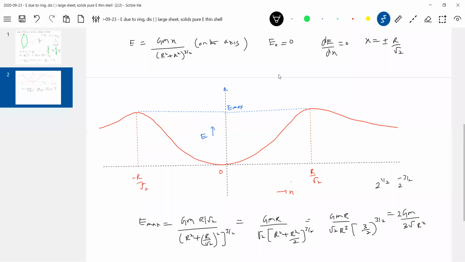Okay, so there is a maximum value of that field. Where will it occur? At x equal to r by root 2. You should have this general idea, because we do get many application problems where a student must have the ring. I'll give another better diagram.